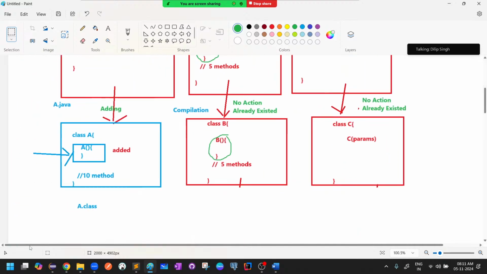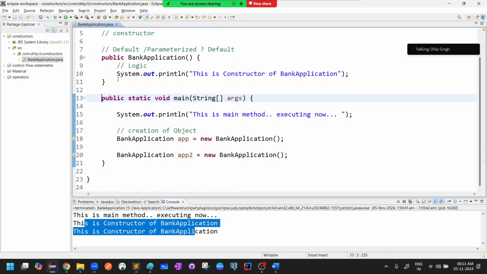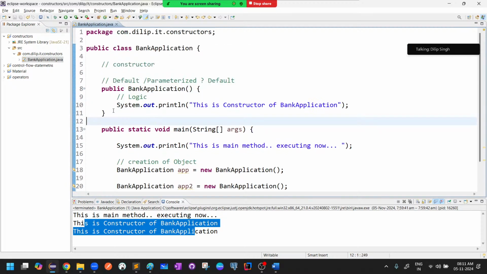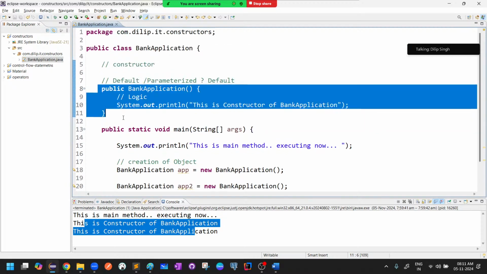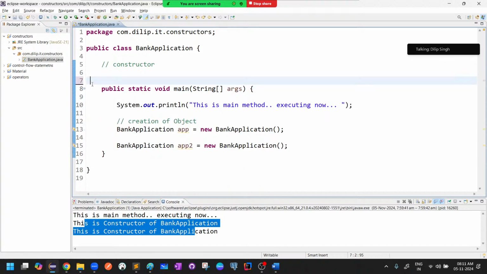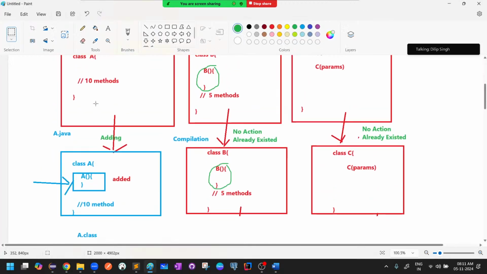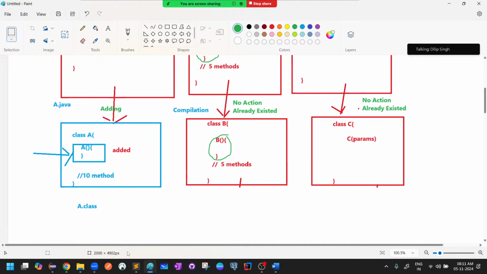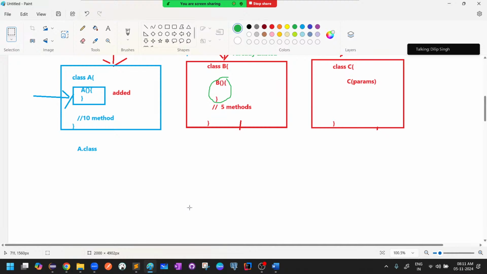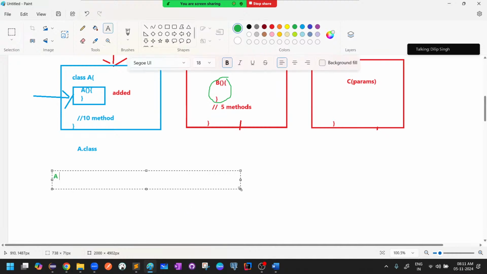It is as it is when you are not writing anything. So in this case, I have written something, and the compiler is not going to do anything. In this case, I have not written anything, so the compiler is going to add something. Now my next question is, why does the compiler add something when we are not writing anything? Why is the compiler adding? Because if you understand the scenario again here, how are we creating the object? a equal to new a,